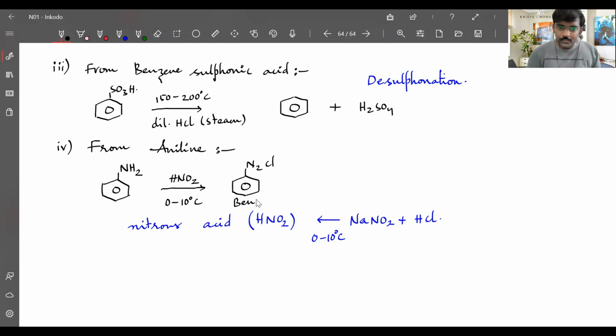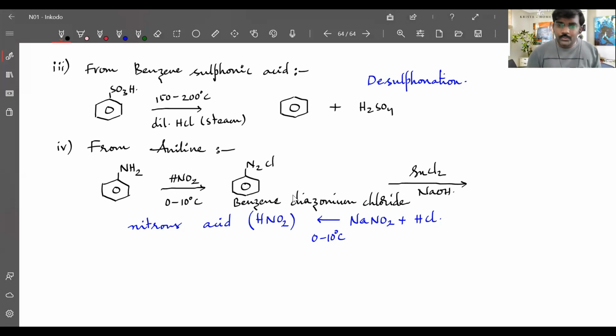I already gave you this in the benzene derivative examples. So benzene diazonium chloride I got now. What I have to do with benzene diazonium chloride is simply heat it with tin chloride. In the presence of basic medium, tin chloride I have to add. So for this I'm adding tin chloride in basic media, NaOH.